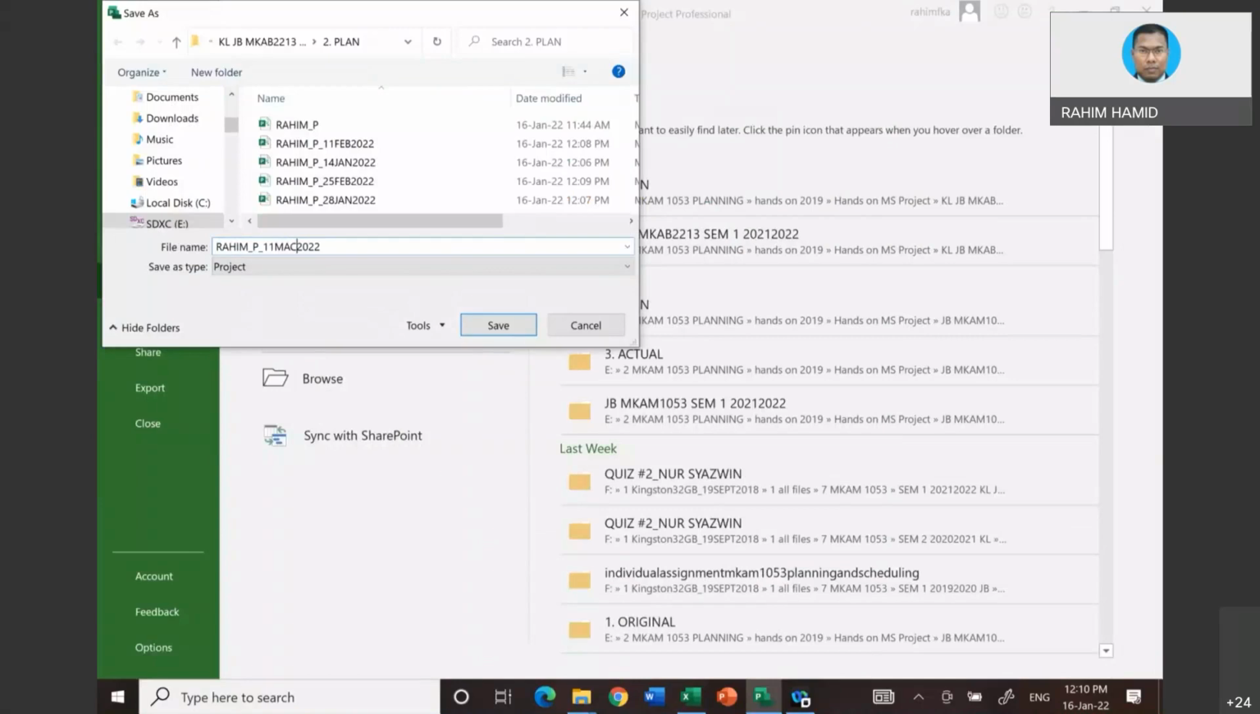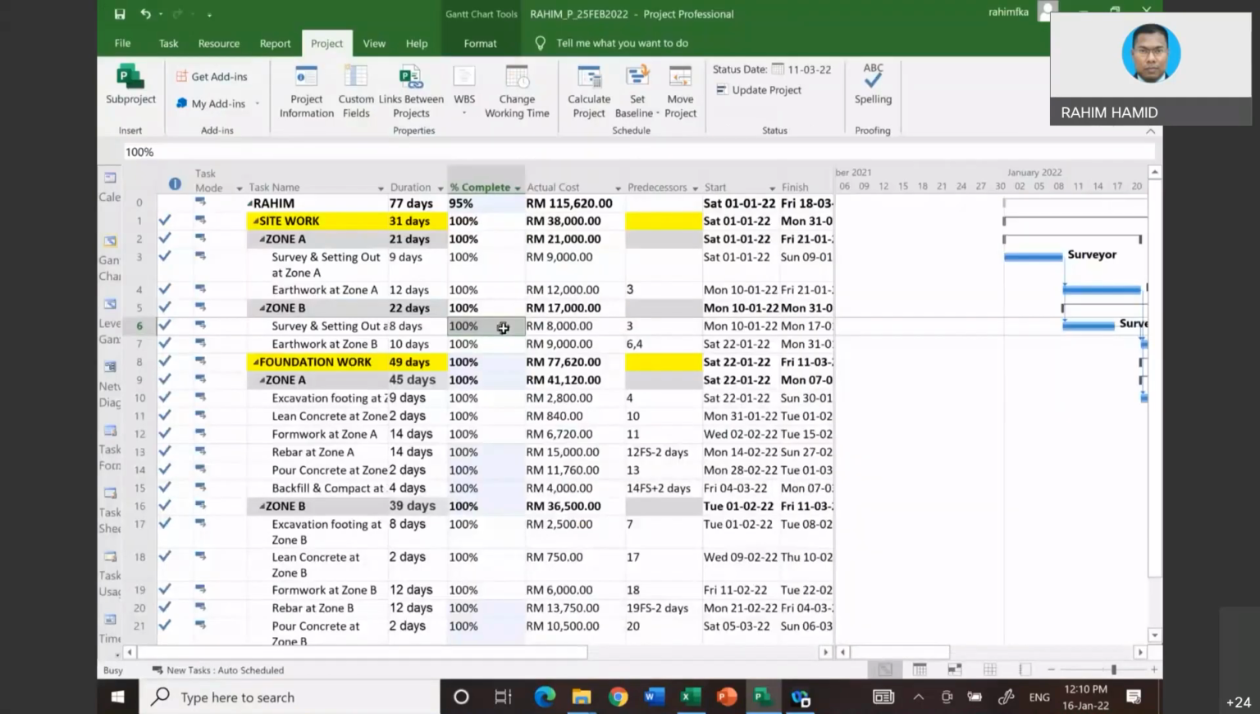Okay, and click save. Okay, so the last one. The last one would be 18 March because that is the end of our project. You don't have to do that because if you do, you already know the percent complete should be equal to 100%, and the actual cost should be equivalent to the project cost, which is